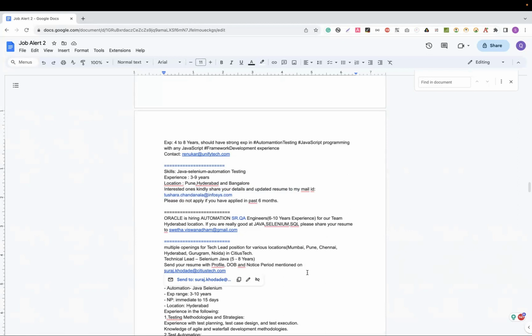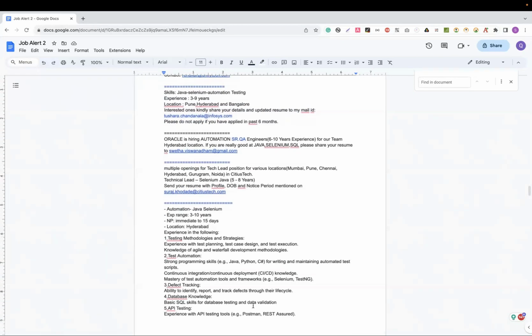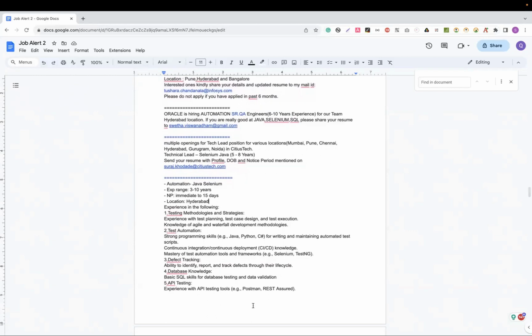5 to 8 years of experience is required. If you are interested, you can share your resume on the mentioned email ID. Next opening is for 3 to 10 years of experience. Immediate joining is required. Java plus Selenium profile is this, and you must have experience in testing methodologies,